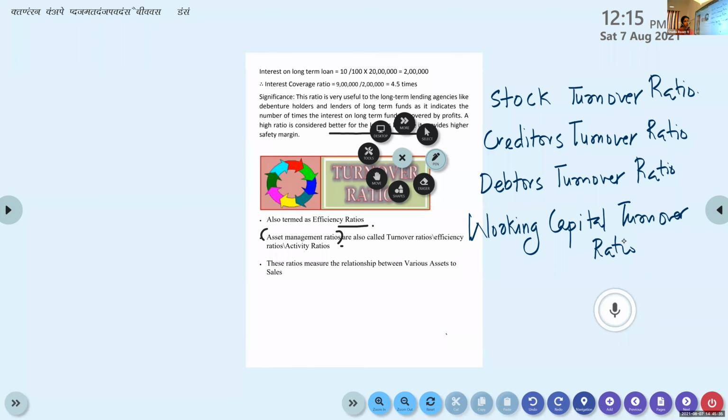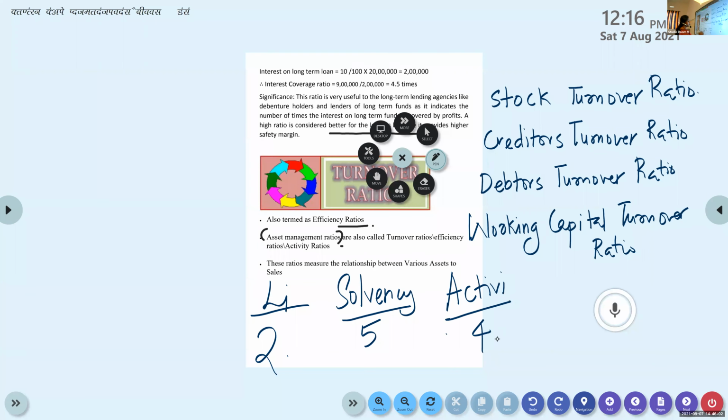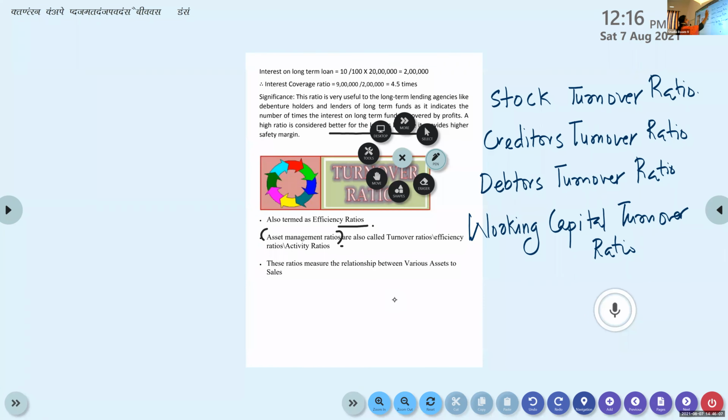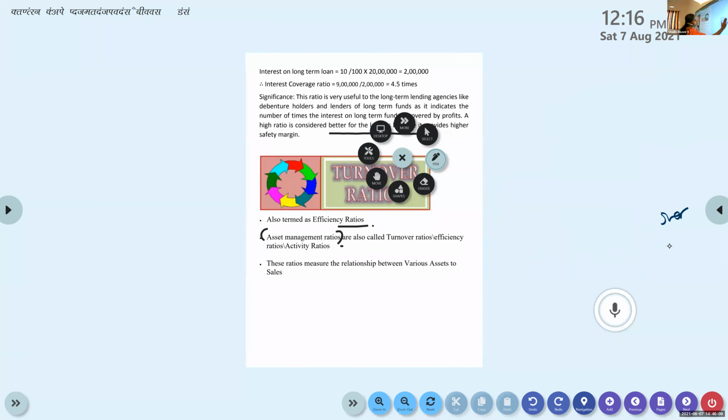And reminding you, we have one more family of ratios, profitability ratios. We'll be learning one more category. So in the first one, it was liquidity. There we had 2 ratios. Next one was solvency. How many did we learn? We had 5 ratios there. And coming to activity ratios, we are going to learn 4 ratios. These are the most important 4 ratios. Okay, now let us begin with stock turnover ratio.